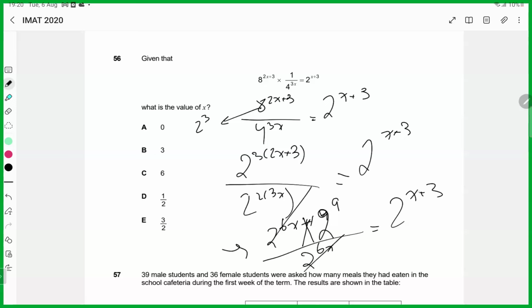This means that, because we have the same base, so 2 and 2, so 9 equals to x plus 3. So 9 equals x plus 3. X equals to 9 minus 3 equals to